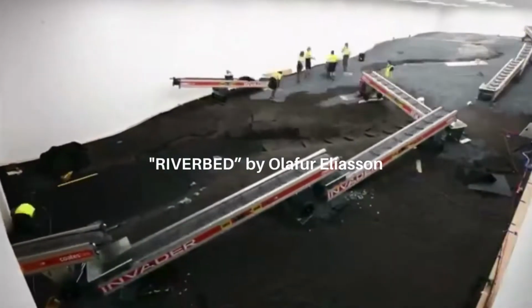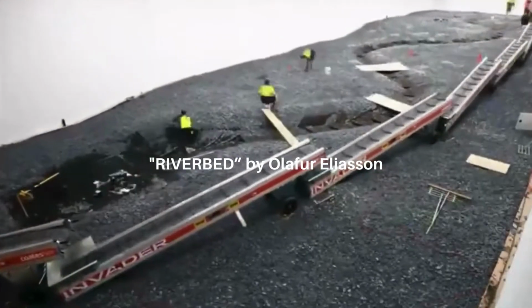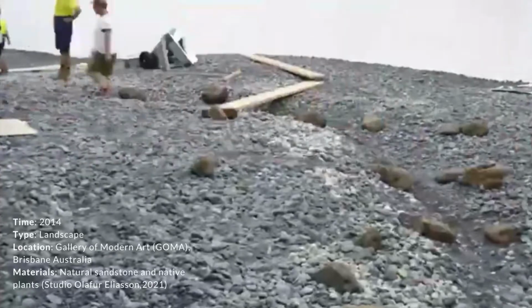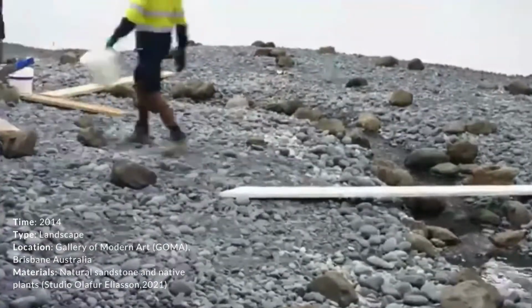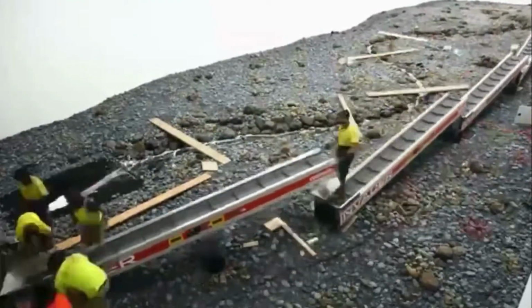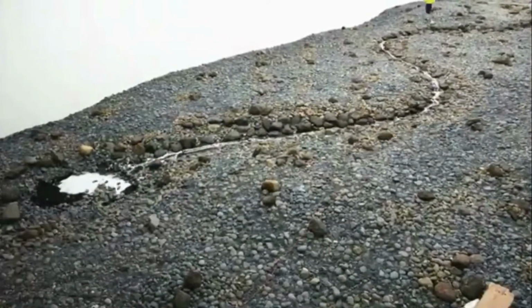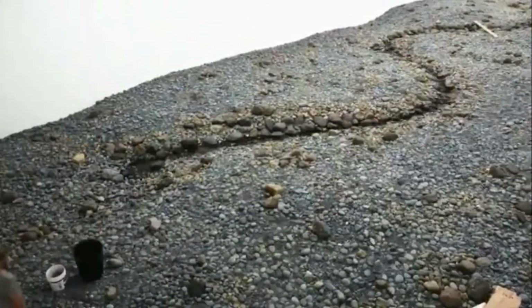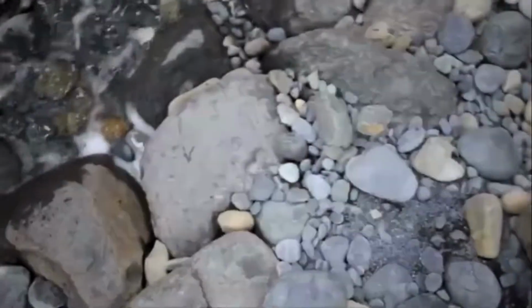The next project is called Riverbed by Eliasson. It's located in a gallery of modern art, Brisbane, Australia. It recreates a naturalistic rocky riverbed, and it provides a major immersive experience to smaller-scale treasures by Australian and international artists. The water highlights its precious resources and aims to spark conservation on the environmental and social challenges faced